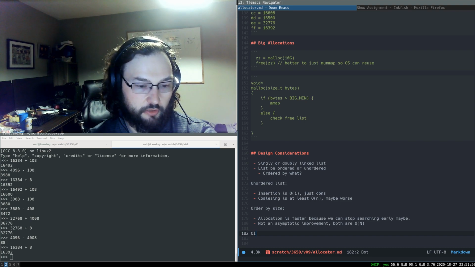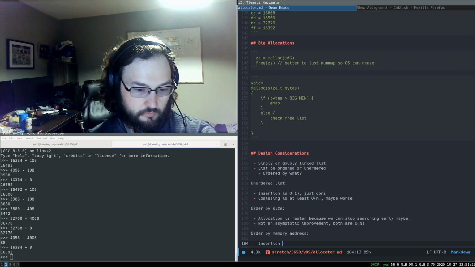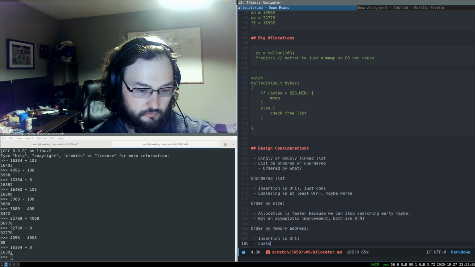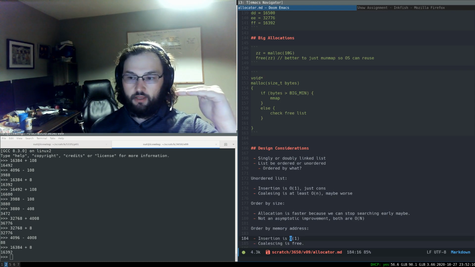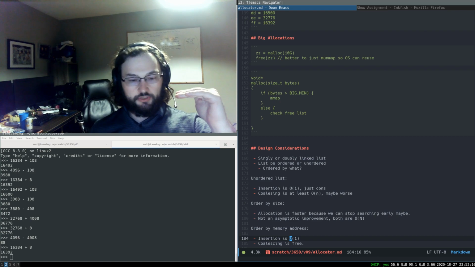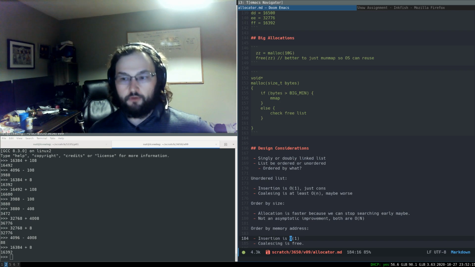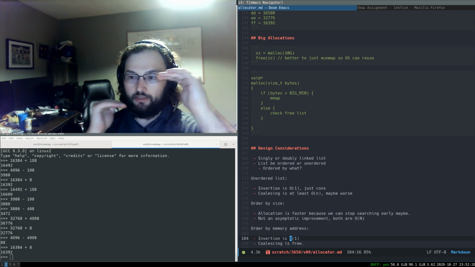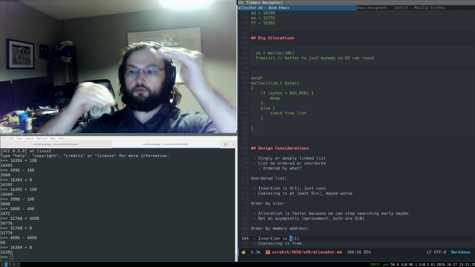But if we order by memory location, coalescing is just about free, because as we're doing our traversal, when we find the location where we need to insert the item, the things that we potentially have to coalesce with are the item before it and the item after it. And by taking advantage of having a couple of extra local variables in the loop or recursive